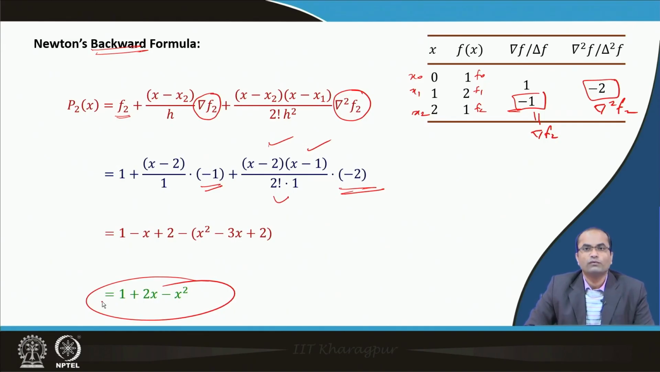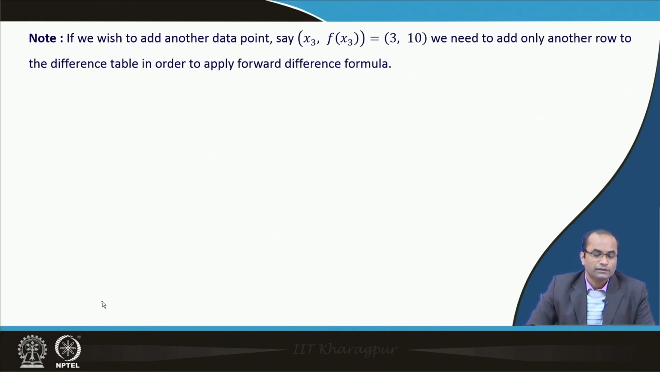So, these Newton's forward and backward formulas are applicable when we have equidistant points, and this is the simple example where we have seen how to construct the Newton's backward and forward interpolating polynomial. There is a point here which we should discuss: suppose that after constructing the second order polynomial,